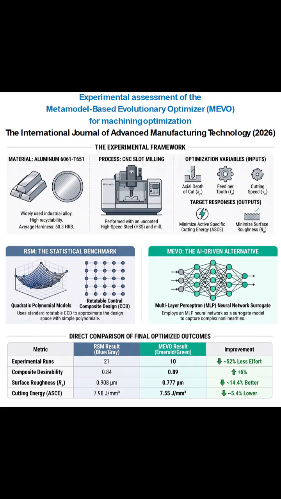Oh, okay. So it intentionally remembers the bad moves so it never repeats them. Yes, the model never loses its historical knowledge. And as new experimental results are added, MEVO continuously updates its model. It's always learning and accelerating toward the optimal solution without having to start over. That makes perfect sense, but a digital twin is only as good as its real-world application. What happened when they actually tested this on an aluminum alloy?